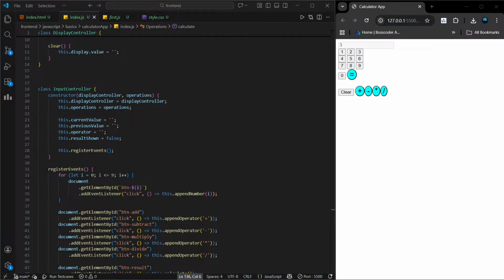तो क्यों नहीं हो रहा है अपेंड ऑपरेटर में? ये ब्लॉक देखो, ओके अपेंड ऑपरेटर में दिस डॉट रिजल्ट शोन, दिस डॉट ऑपरेटर, ओके ये है। तो यहाँ पे मैं क्या कर रहा हूँ, ऑपरेटर को सेट कर रहा हूँ, बट डिस्प्ले अपडेट नहीं कर रहा हूँ, और रिटर्न से फंक्शन ख़त्म हो जा रहा है। तो अभी मैं इनपुट कंट्रोलर से एक कैलकुलेटर स्टेट क्लास बना लेता हूँ।